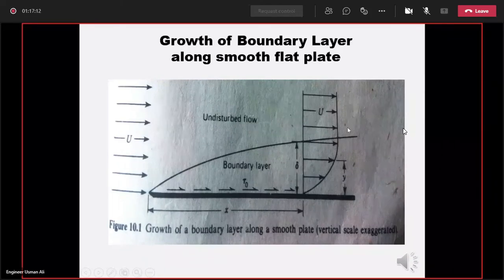So at any distance y from the plate there is velocity small u, and x is the distance along the plate from the leading edge. तो अगर आप देखें तो बाउंड्री लेयर शुरू में ज़ीरो है, यहाँ पे कोई बाउंड्री लेयर की थिकनेस नहीं है, and as we are moving along the plate along the distance x, the thickness of the boundary layer is increasing and is maximum at the trailing edge. So at any distance x from the leading edge, the thickness of the boundary layer is δ. So this is the explanation of this diagram, and this is the velocity profile. At any distance x from the leading edge, this is the velocity profile showing